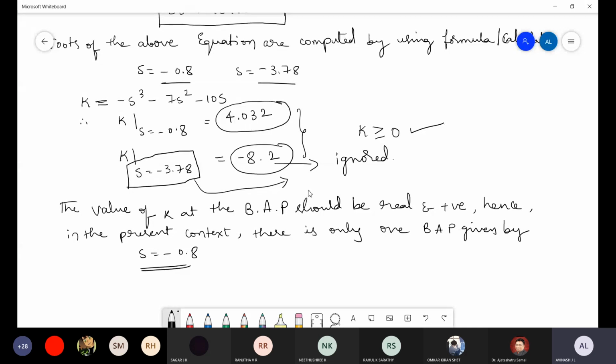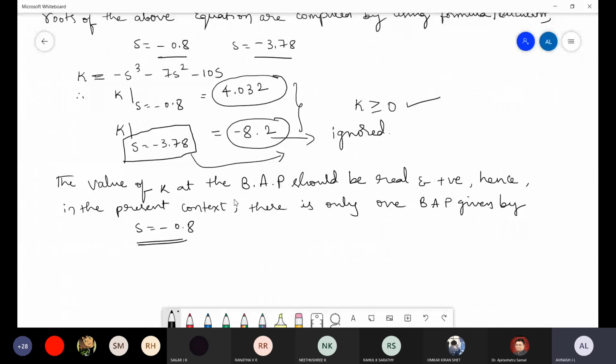We'll write the last statement: the value of k at the breakaway point should be real and positive. Hence, in the present context, there is only one breakaway point, which is given by s equal to minus 0.8. That is exactly the understanding for today. Do you have any doubt in this particular